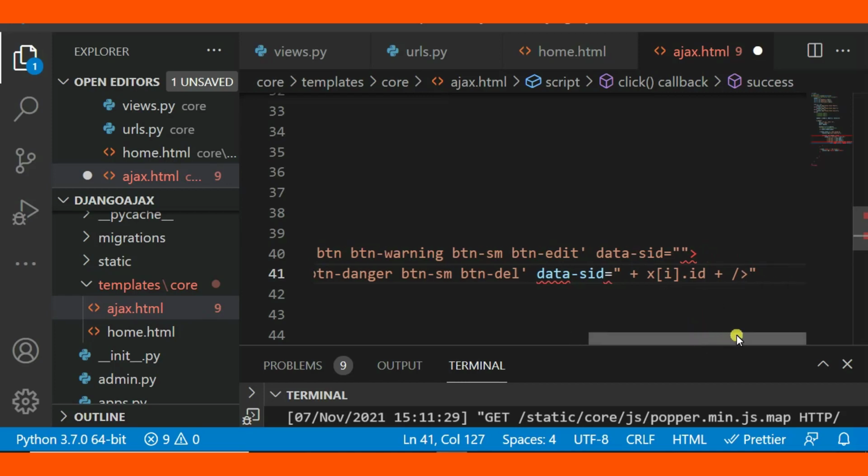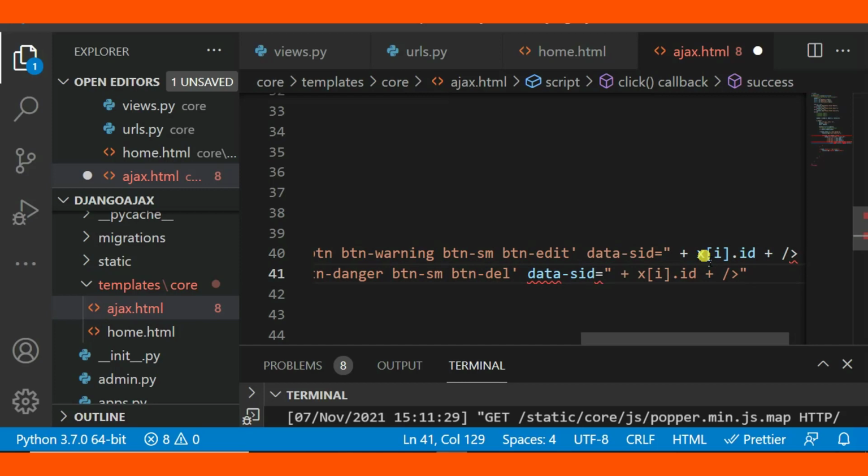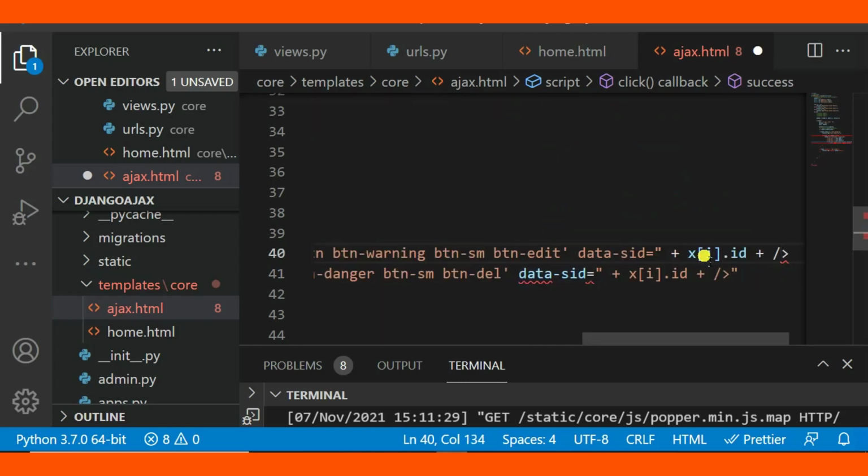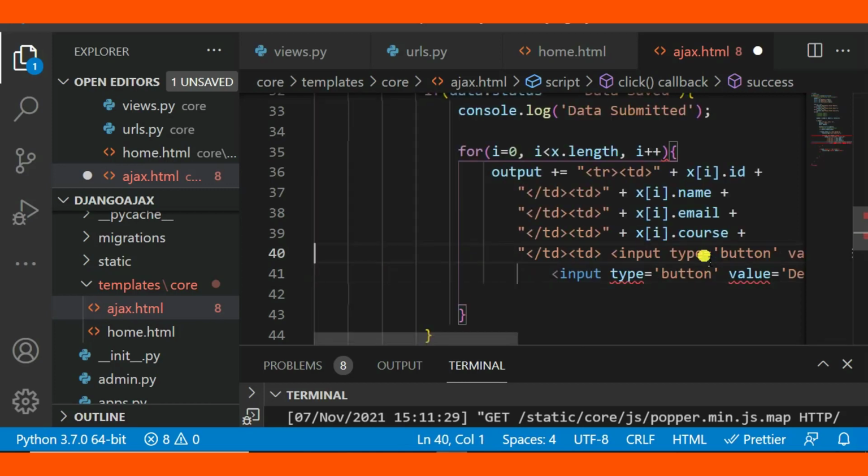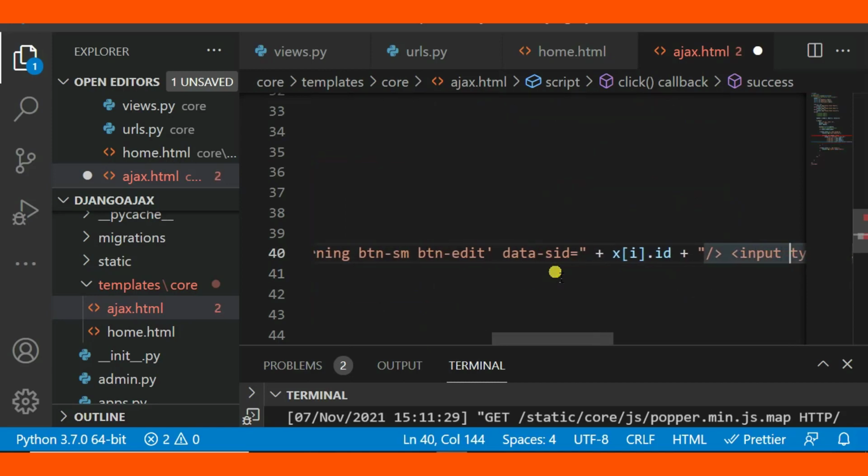Okay, let me also copy this. Okay, so this is input. Okay, this should be